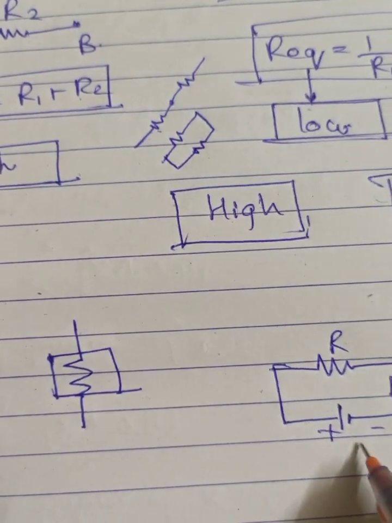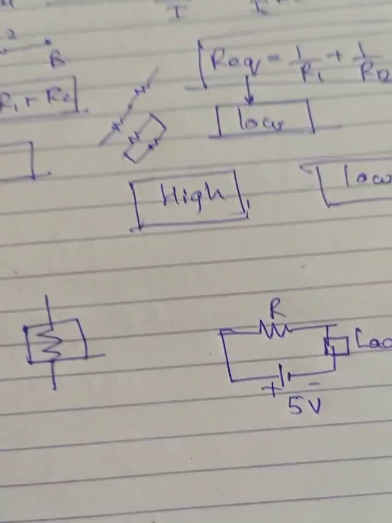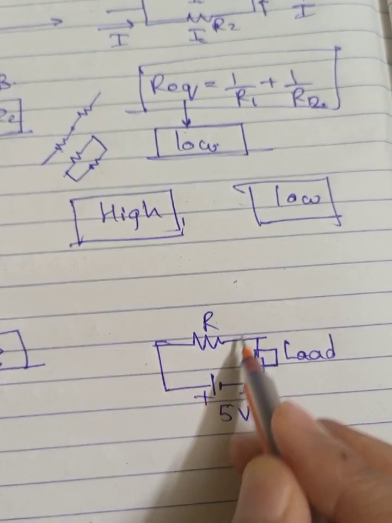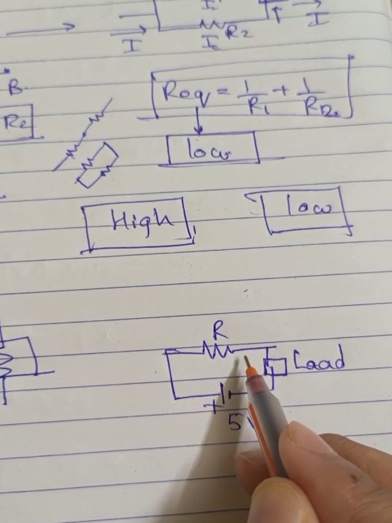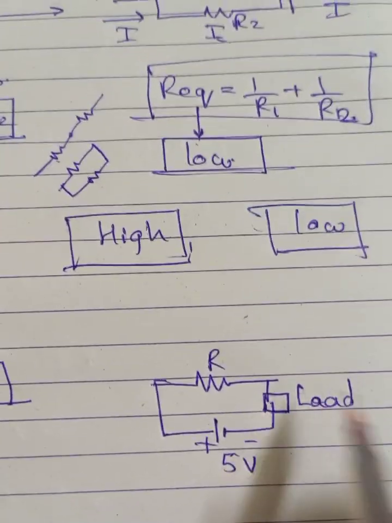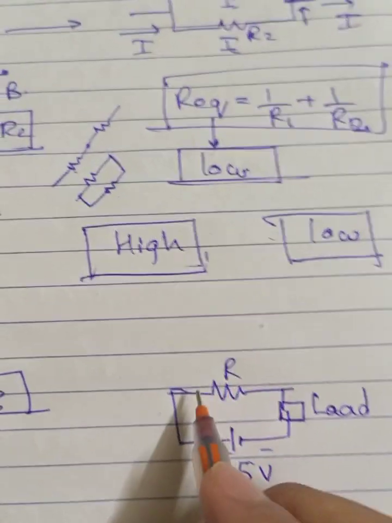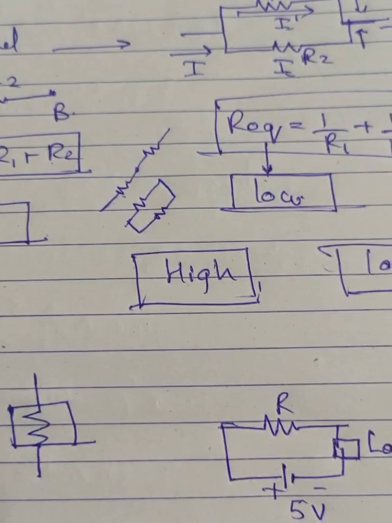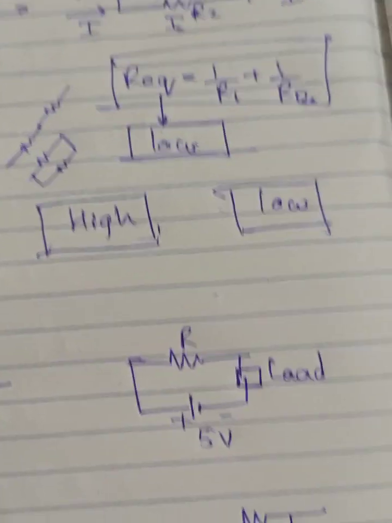This is R and this is some 5 volt or so. Now if you want to select a resistor, you will select it according to the current limiting, or how much current you want to supply to the load. But one thing should also be noted: since the resistor drops the voltage across it,